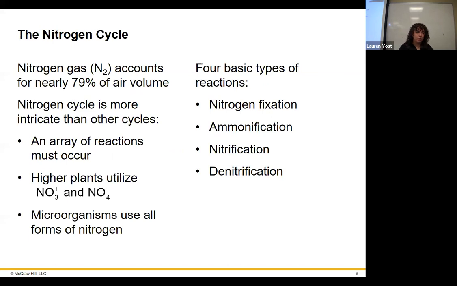Okay. Next is the nitrogen cycle. There are 4 basic types of reactions in the nitrogen cycle: nitrogen fixation, ammonification, nitrification, denitrification. There are chemical equations associated with these. Guess what? I don't care. So just know that those are the 4. And usually these are 3 that I will talk about because I don't want people to get confused with this as much. So just be aware that those are the correct terms for those reactions.